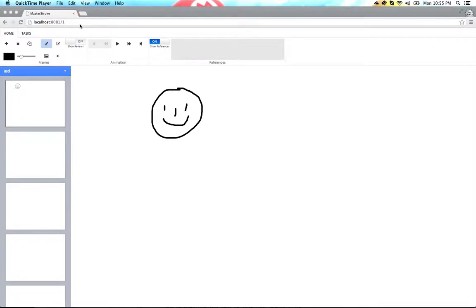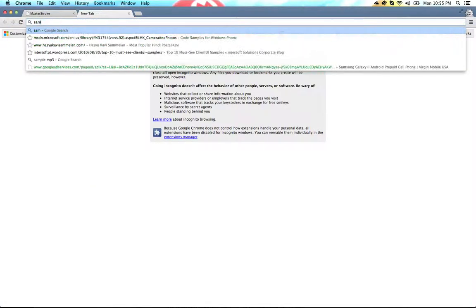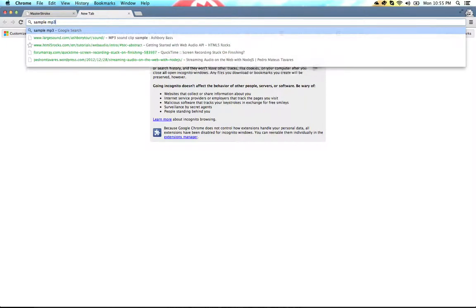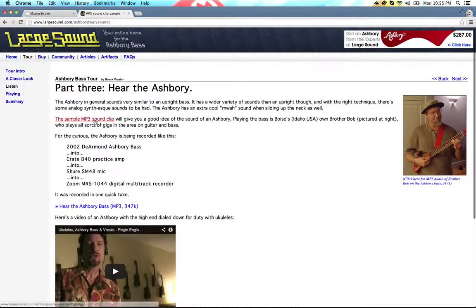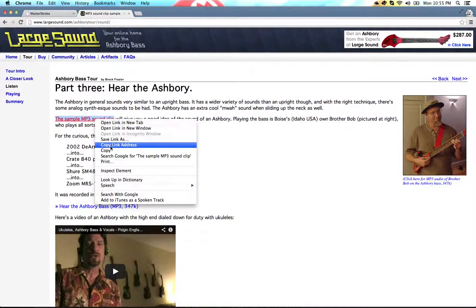So we've added the streaming capability to MasterStroke that allows you to stream any kind of audio as a playback option for your animation, thereby making it very lively and realistic. So for example, I'm going to look at a sample MP3 on the internet, and I see that there is an MP3 link here. I'm going to go and copy the link address,